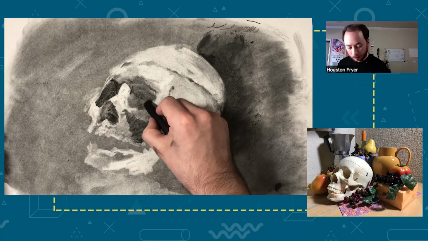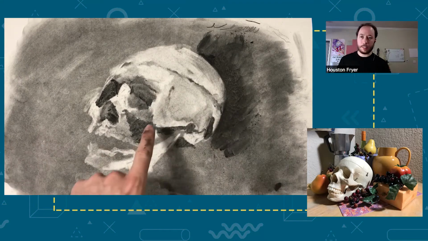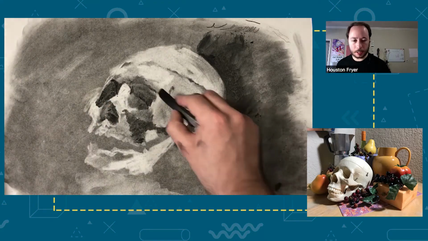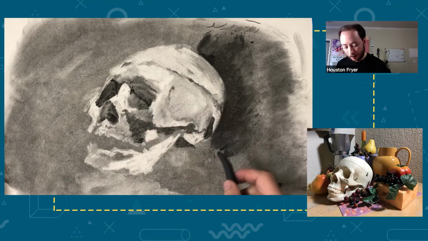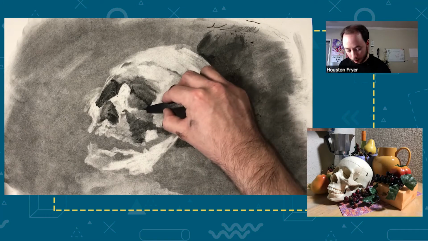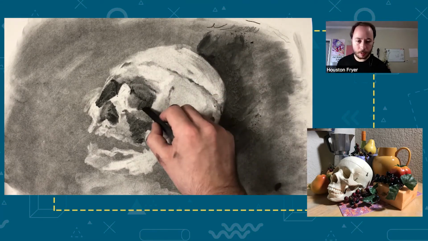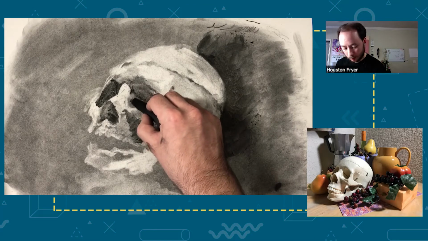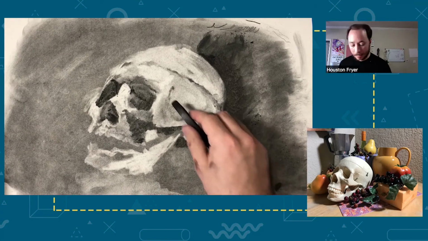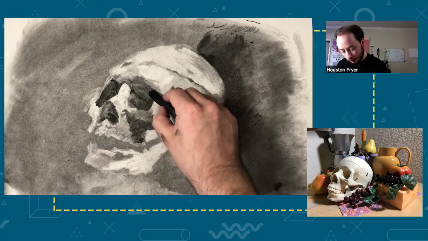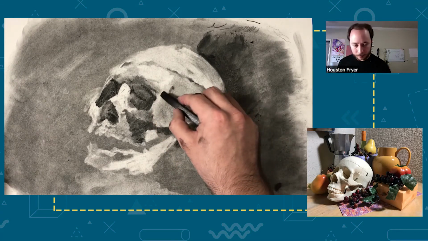Doing a lost and found contour where it appears like a kind of near straight line going from inside of the socket to the nose bridge. It's not a dead straight, evenly the same value all the way across line. Having that difference in value across that will help it look a little bit more natural. That's probably good. And it's just passes of adding lightness to make it light, adding darkness to make it dark. And after I do these, I'll come back in and I'll finesse the lights. And it does this kind of